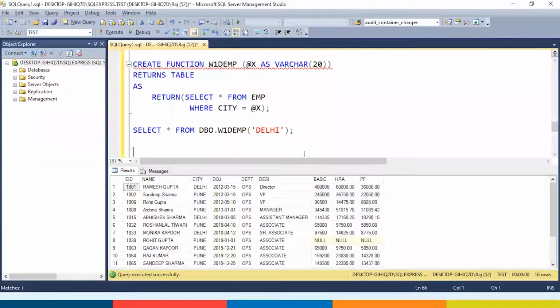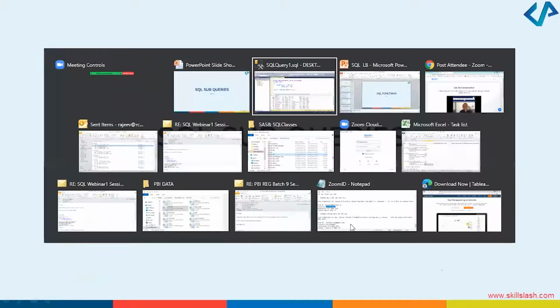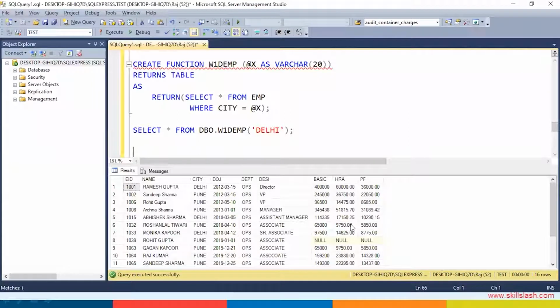Okay. So DBO stands for database object. Whenever we create any user-defined function, we have to specify how the SQL will recognize whether the function is an inbuilt function or a user-defined function.